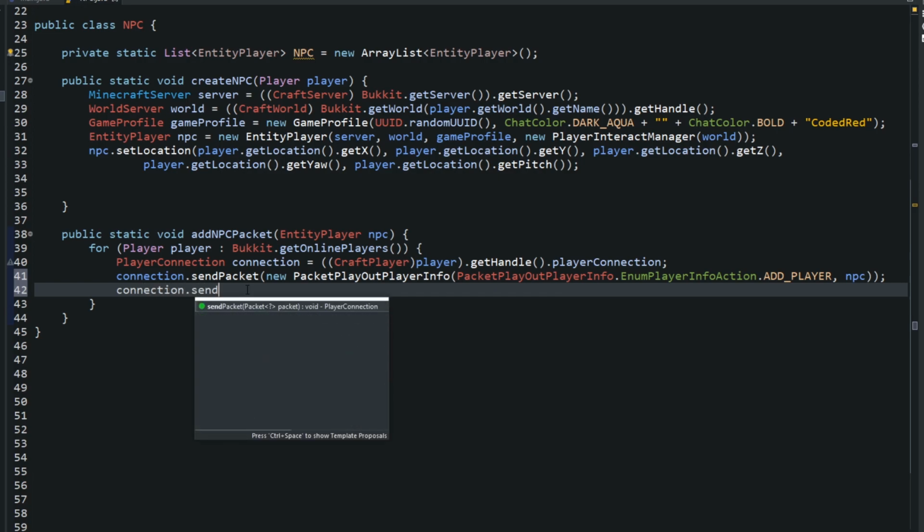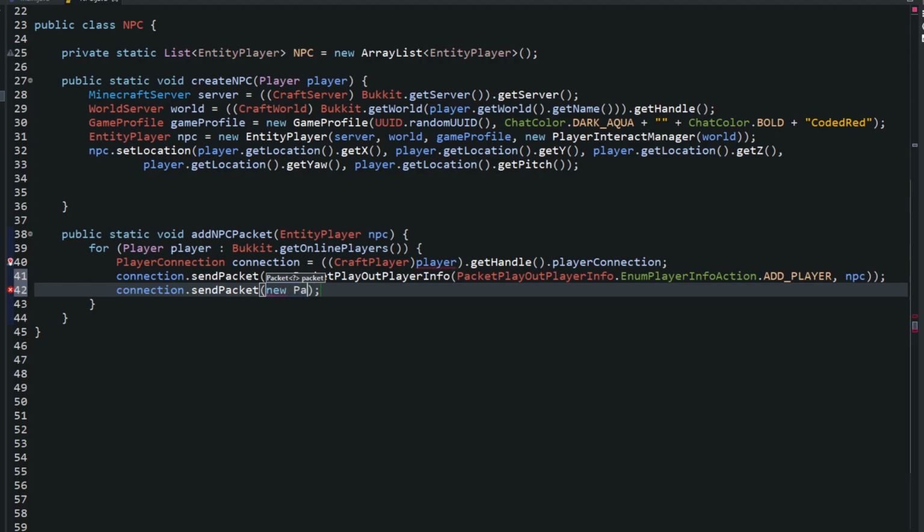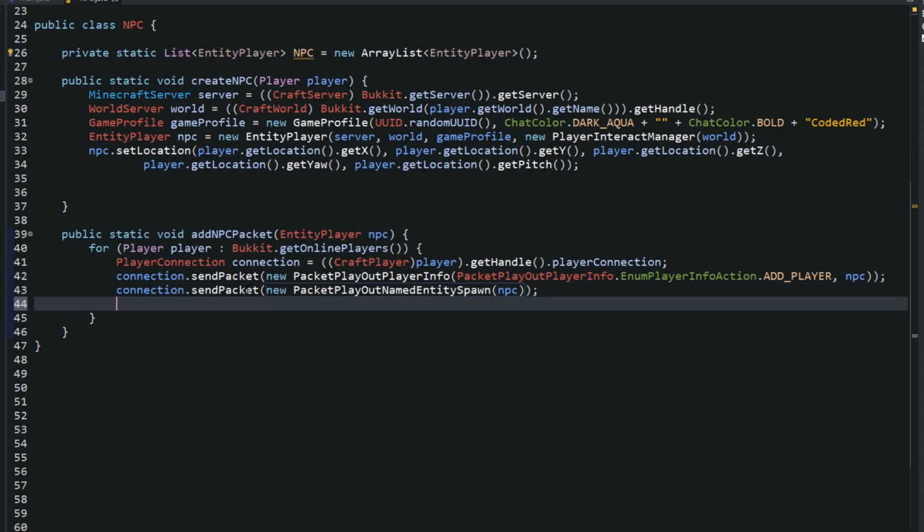Next, connection.sendPacket. We're sending three packets here, and this one would be a little easier. A new PacketPlayOutNamedEntitySpawn, and we're going to spawn in that NPC. So that right there will spawn the NPC for the player client.